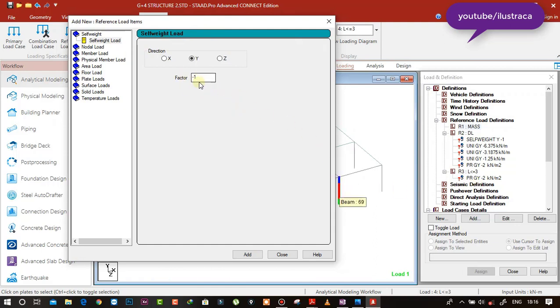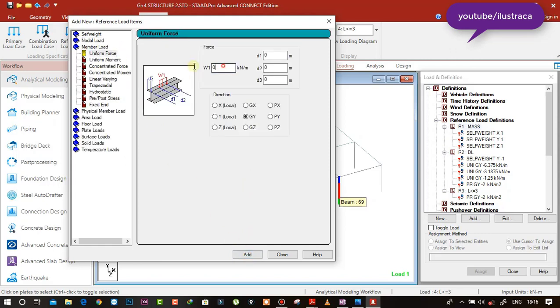There will be no negative sign, and in 3 directions. So self weight, it will be in X direction, add, in Y direction, add, and in Z direction, add. Again the member loads, we have 6.375 in GX, means global X, global Y, and global Z.